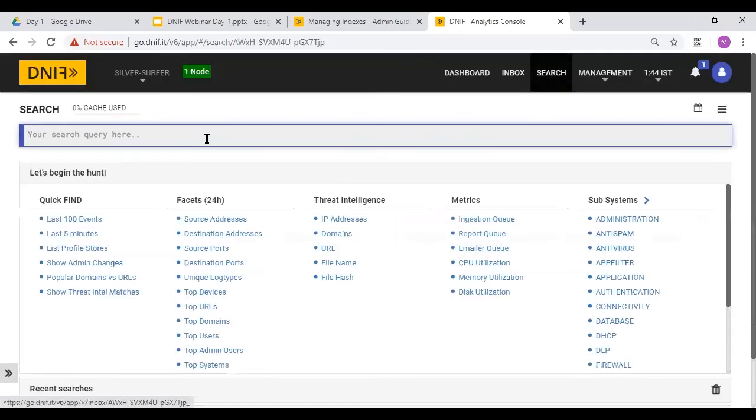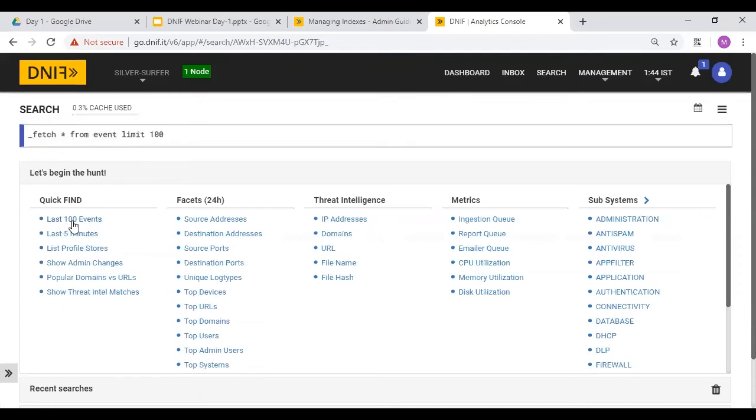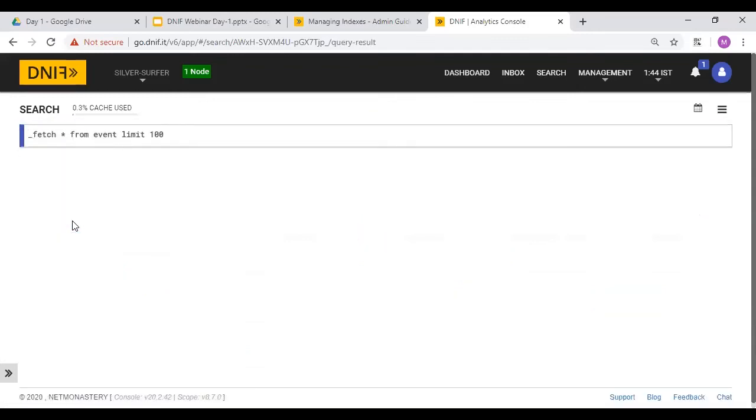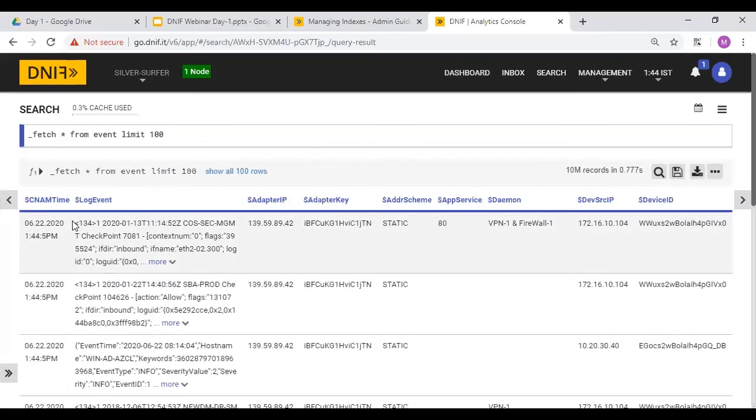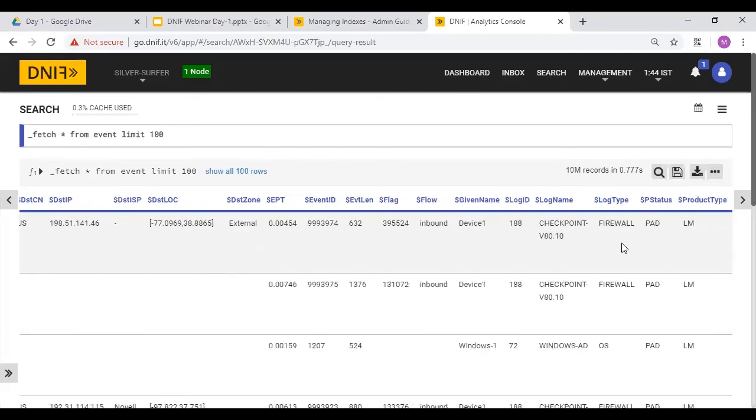So inside the NIF console, I am just saying I want to display the last 24-hour duration, display all the logs. Now if I see this, I get very happy that you are able to see the real-time logs, as well as the parser which has given the information over here.